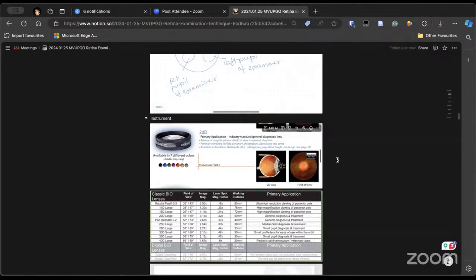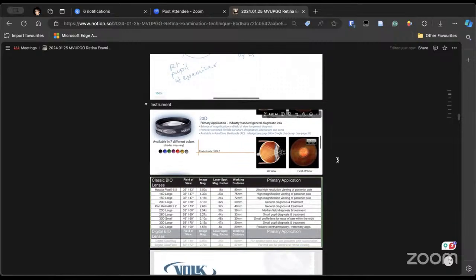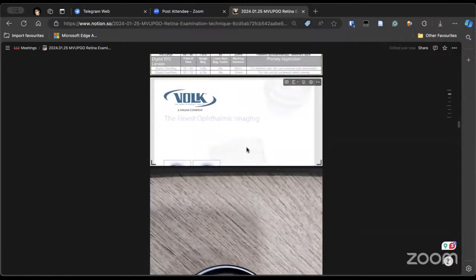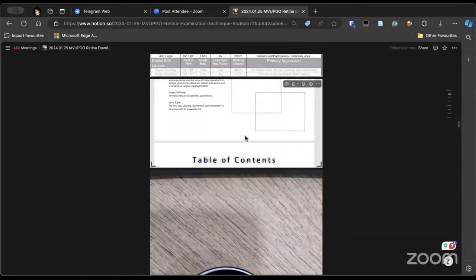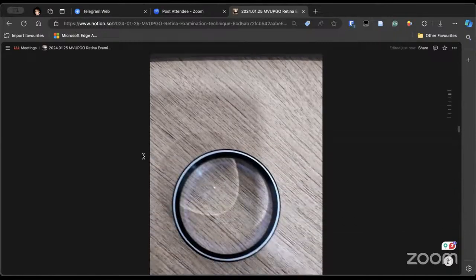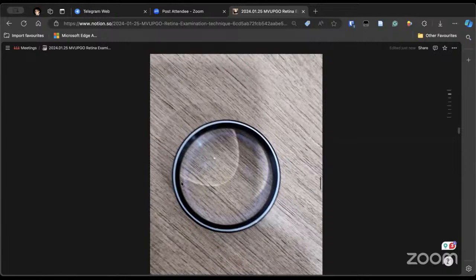So this is the most commonly used, and which is the other lens which is used for ROP? For ROP, which lens is usually used? Any candidate? Retinopathy of prematurity. Yes, 20. Thanks, Doctor. So read about the Volk lens catalog. You can go to their website and see this. At least remember the parameters of the lenses which you have been using. Sir, can you tell, for ROP, what is the lens used? Plus 28 diopter lens. Okay, thank you, sir.